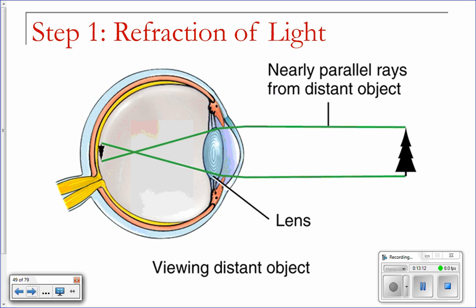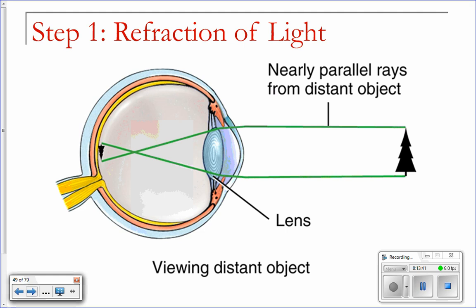So your eye doesn't have to do too much when it's looking at things that are far away. Actually, when you're looking at things that are far away, these ciliary bodies or ciliary muscles are relaxed. And when they're relaxed, they flatten the lens a little bit, and you're able to see things far away. Your lens does not actually have to be super round in order to focus on things that